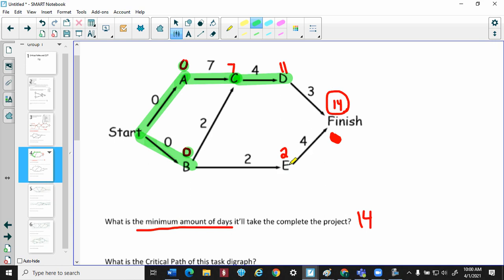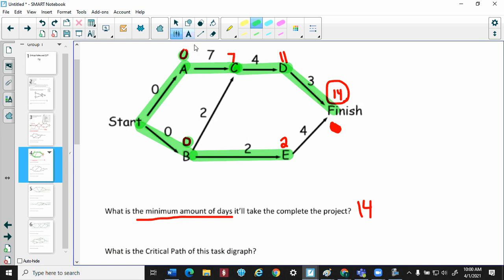Now let's look at E. How did E become a 2? Well, it came from B. Notice we have 2 paths. How did finish become 14? Is it because E got to 4? Nope, that's not how it was. It was because D got there. There you go. So you would say your critical path is,